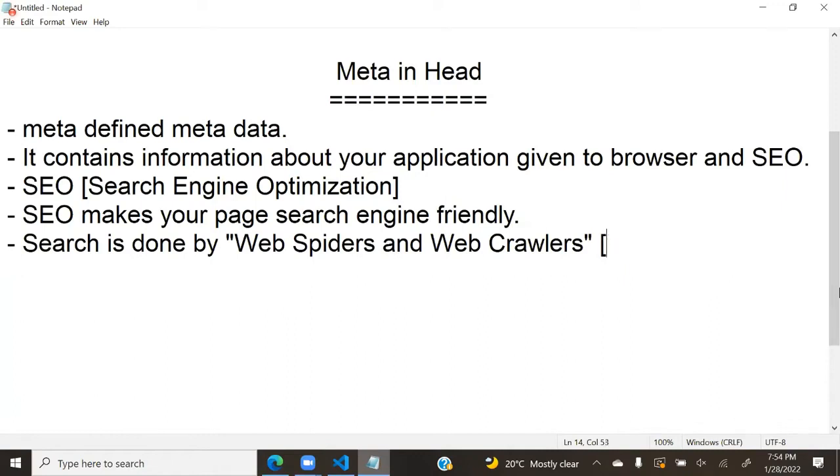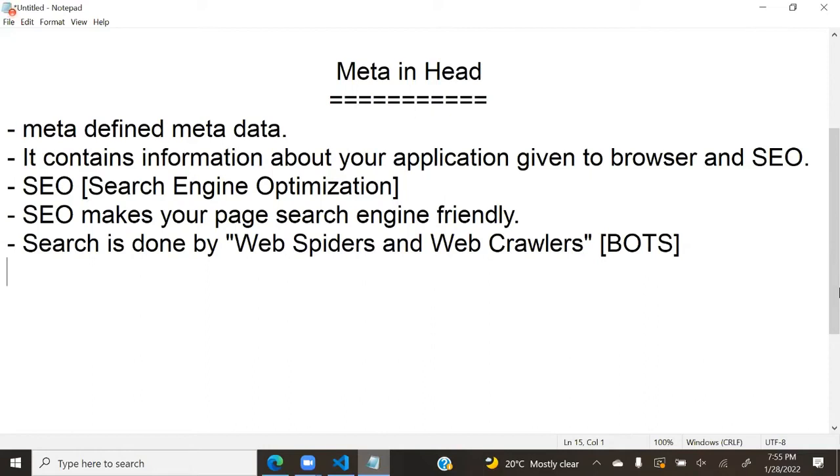These are bots, artificial intelligence robots. That means a robot is searching for your words and showing them in the results. When you design a page, you need to make sure that the page is easily understandable to those robots. That is what we call SEO, search engine optimization.